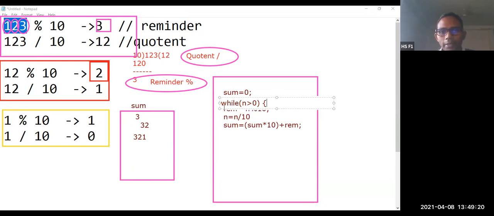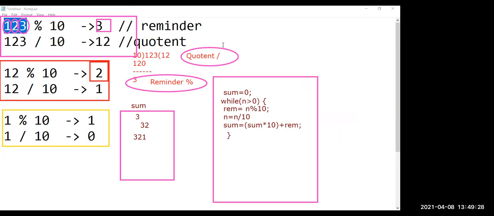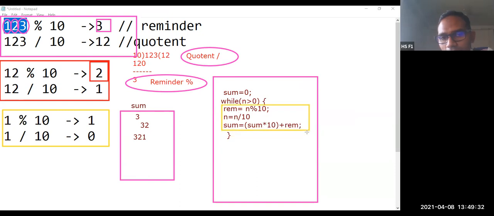Which steps? These 3 steps: remainder is equal to n % 10, n is equal to n / 10, sum is equal to sum into 10 plus remainder. By the end of this loop, when n value becomes 0, your sum will have 321. So you can print the reverse of this number.